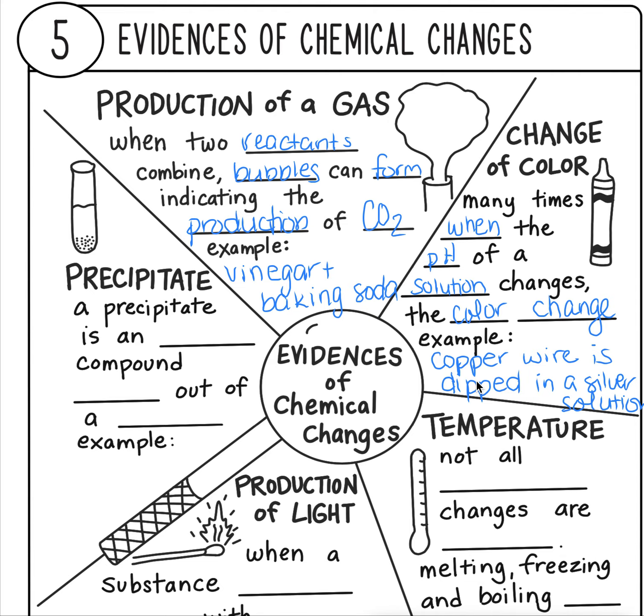Another sign of a chemical change is when you get a precipitate to form. If you look at this word precipitate, the first part of it sounds like precipitation, right? And precipitation is when we have rain or snow falling from the sky. So this is going to be the same type of thing. A precipitate is when a